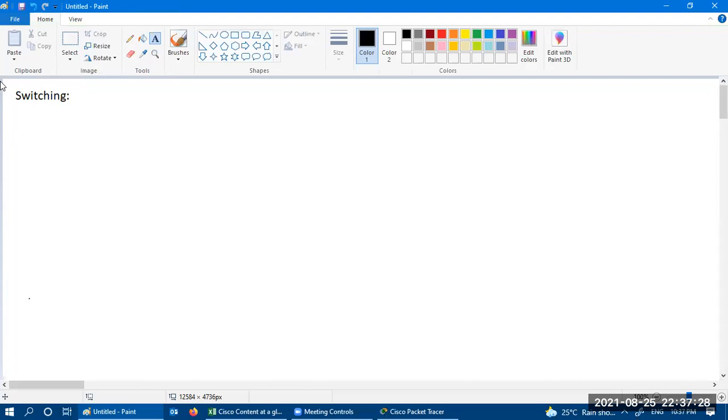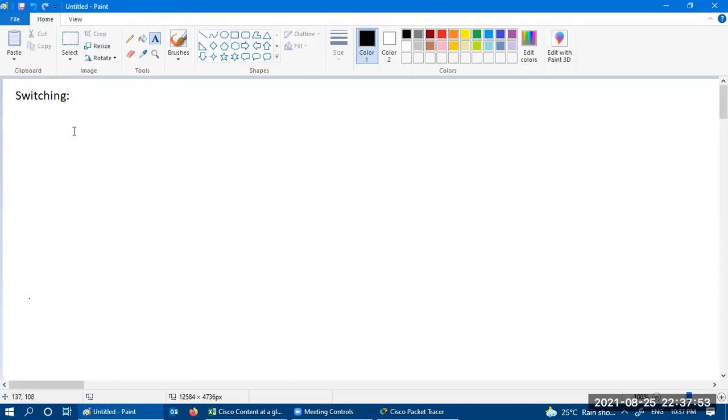So in the last lecture, we already talked about what is ACL, what is NAT. So moving on to our next topic, that is switching. Today we are going to talk about all the topics related to switching, like what is a switch, how a switch works, and what are the different kinds of protocols that we use inside the switch. So we are going to talk about all these points.